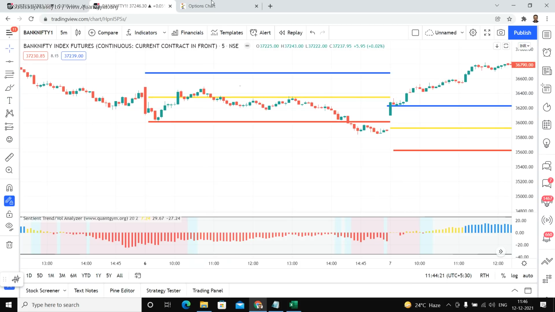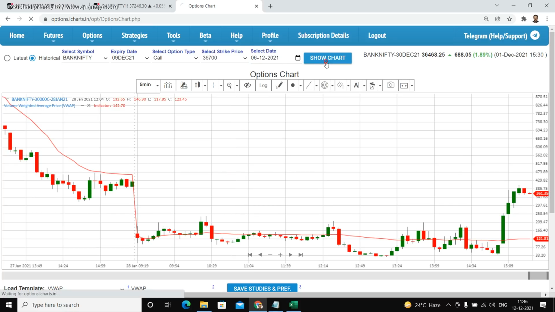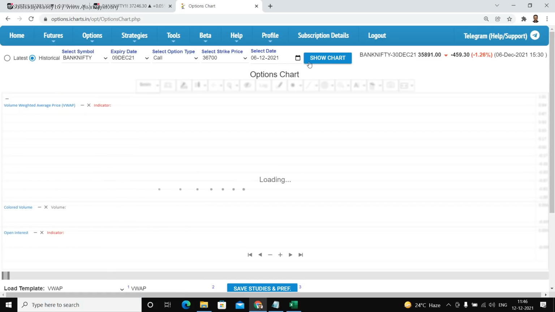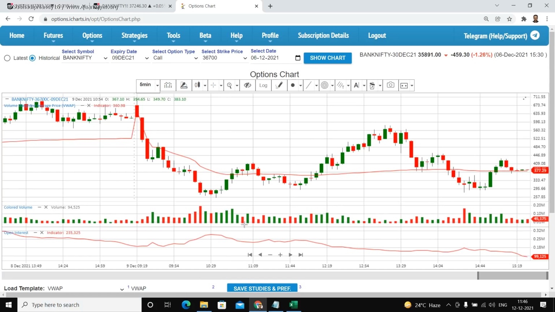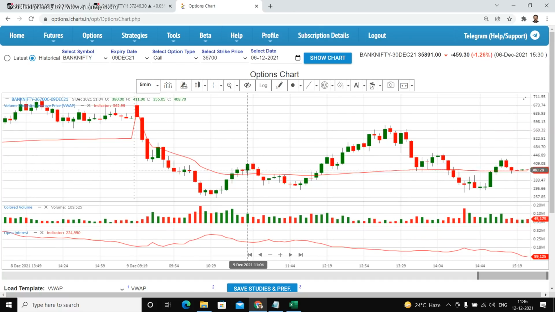Let's see the 36,700 call price. 6 December 36,700. At 11 o'clock, at 11:10, where we are. Bank Nifty is trading at around 36,300. Okay, this is Monday, so obviously the option prices are high. So at 11:05, your option prices are like 391. So you're shorting this 36,700 call at,